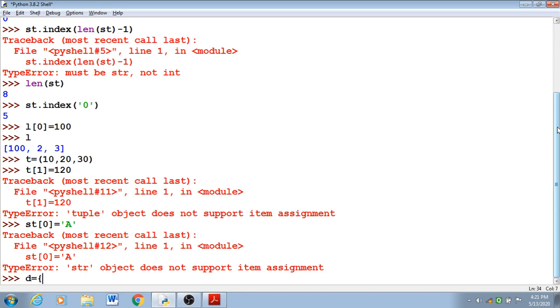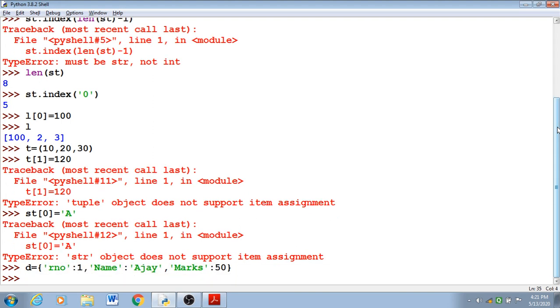Suppose roll number 1, name is Ajay, marks 50, and I want to change the value.